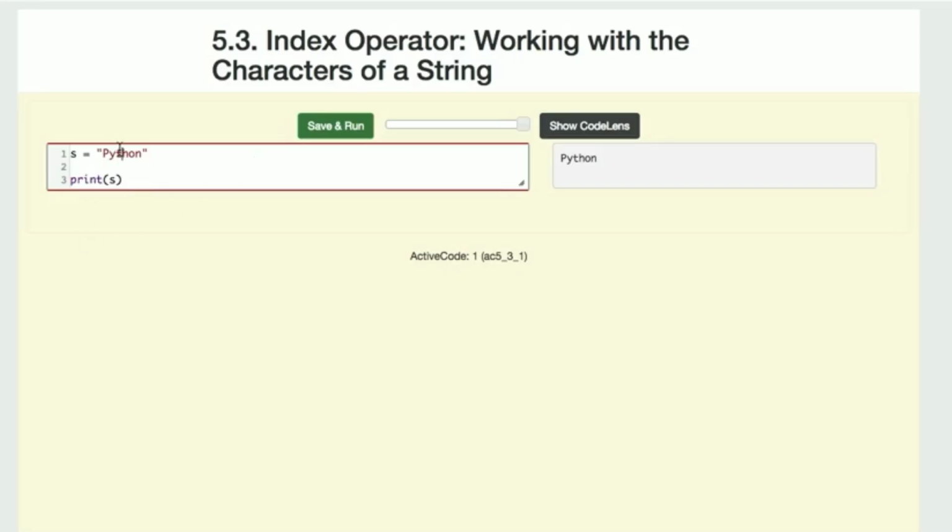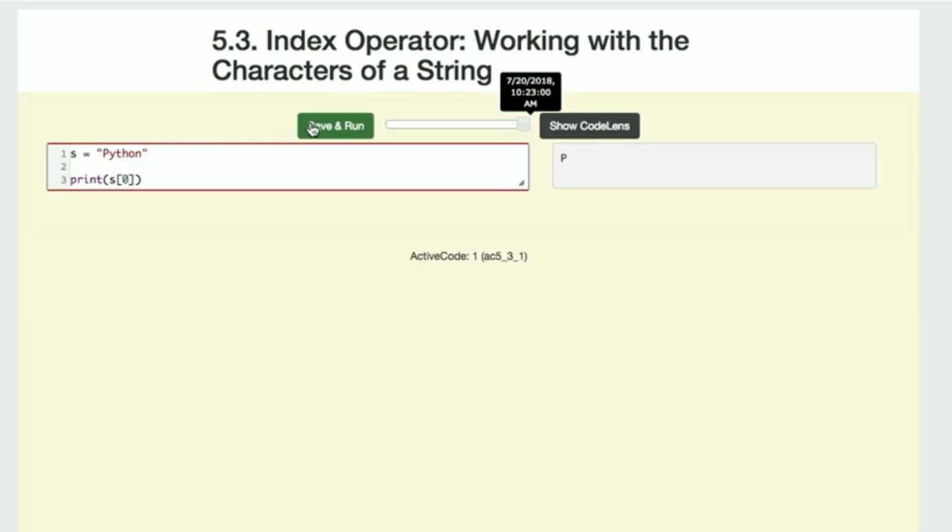So let's suppose that I have this sequence S, which is a string, again a sequence of characters. Now when I print out S, then I get Python. Suppose that rather than getting the whole string, I only cared about the first character. In order to do that, I would index on S. I would say S, and then in square brackets, the actual index that I want. So if I wanted the first character of S, I would say index 0, because Python's